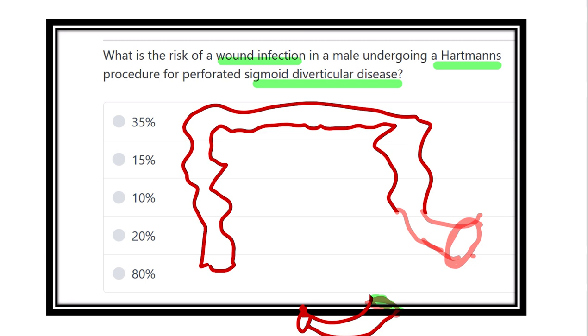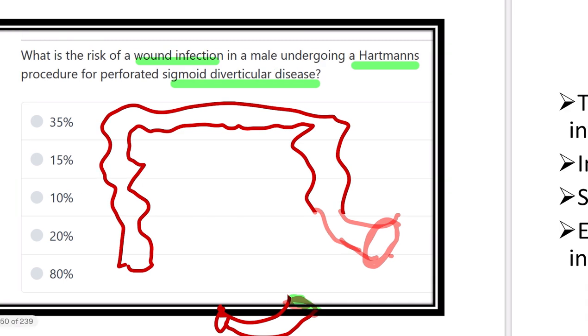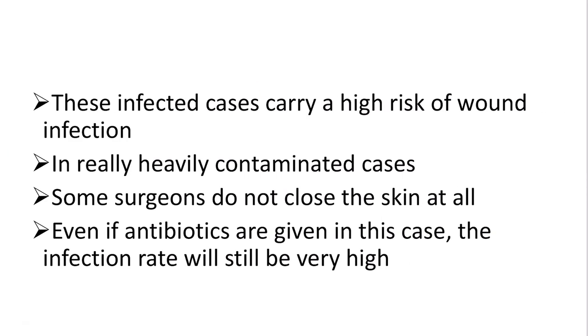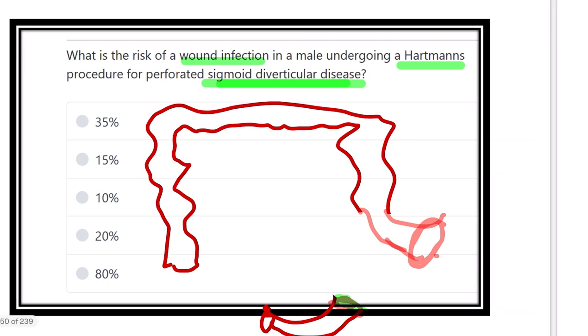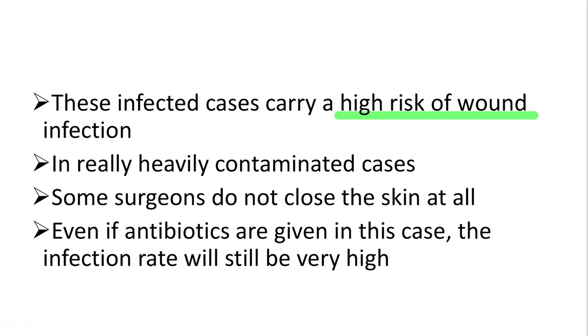So in case of sigmoid diverticular disease, if the Hartmann procedure is done, then what percentage will be wound infection? And here we can see this is an infected case, which carries a high risk of wound infection, because this is a perforated diverticular case. This is sigmoid diverticulum, and there is perforation. That means the stool, which is the infected or polluted part, is within the peritoneal cavity or within the pelvic cavity. So there is a high risk of development of wound infection in a really heavily contaminated